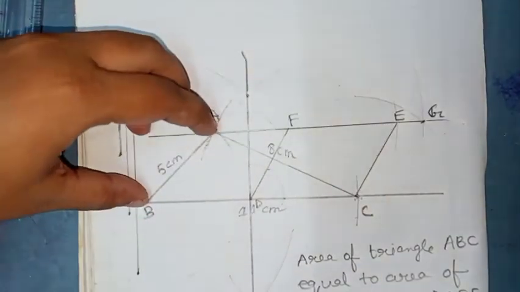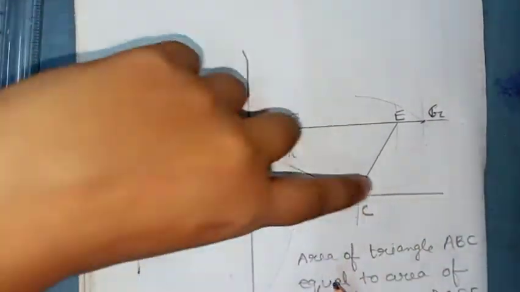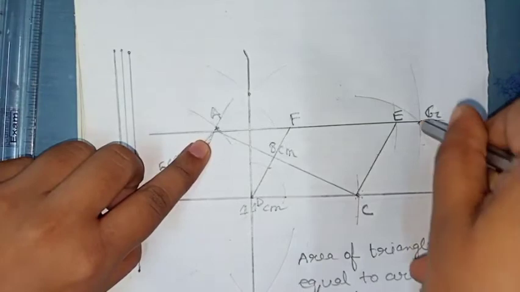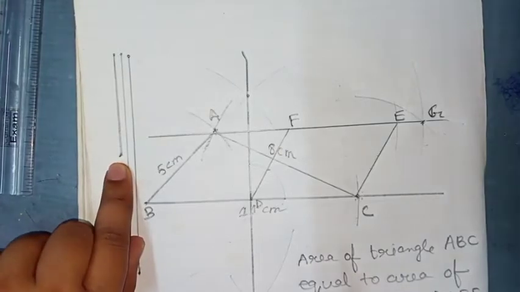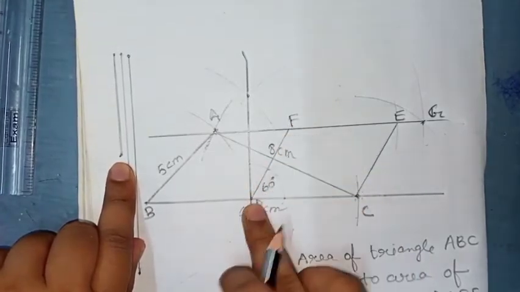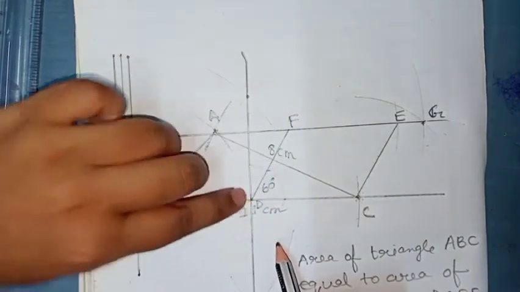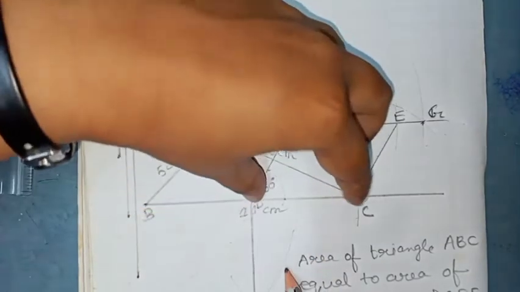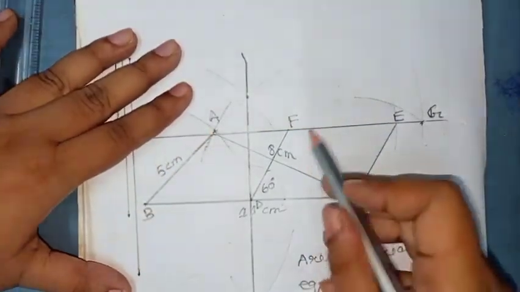After doing this, you will take the measurement of AB, keep it on point C and cut here. Then take the measurement of BC, keep it on point A and cut here. Then join this intersection point with this A. One straight line, and I am giving it the name G. After doing this, you will draw 60 degree, because they are telling you to draw 60 degree. Make 60 degree and then join this point with this straight line. After this take the measurement of this BC, keep it on point F and cut here, and then join CE. You will get one parallelogram.